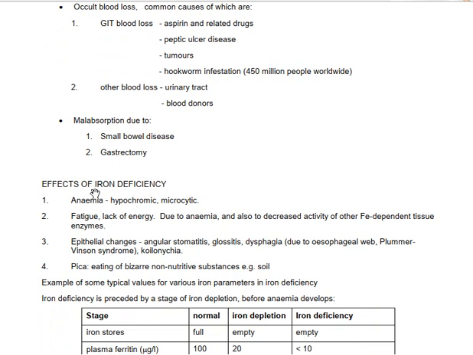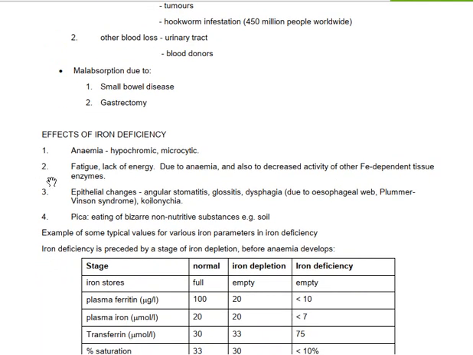Now, what are the effects of iron deficiency? The major effect of iron deficiency is first anemia, which is going to be hypochromic and microcytic. You're going to have fatigue, a lack of energy, which is due to anemia. You have epithelial changes, because epithelial cells use iron for their metabolism. The epithelial changes when you have iron deficiency consist of angular stomatitis, glossitis, and dysphagia. Is it clear? And that dysphagia is due to an esophageal web and can be due to Plummer-Vinson